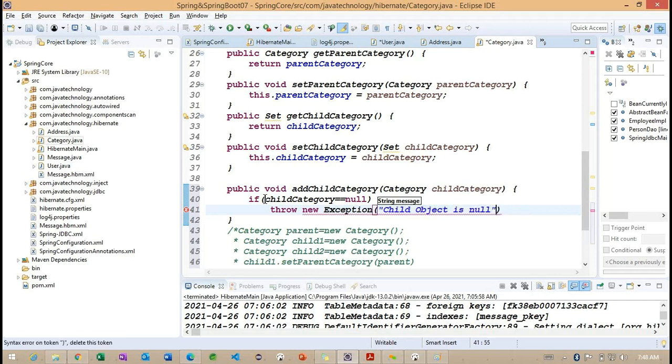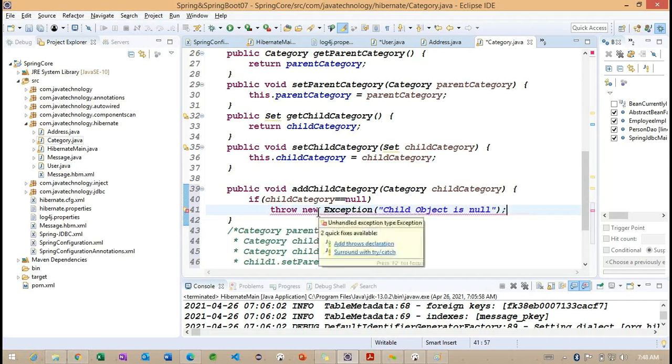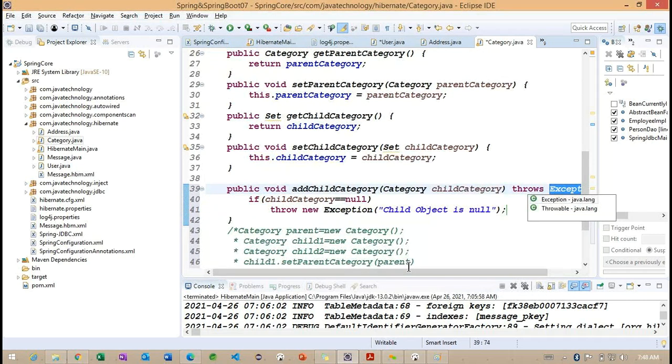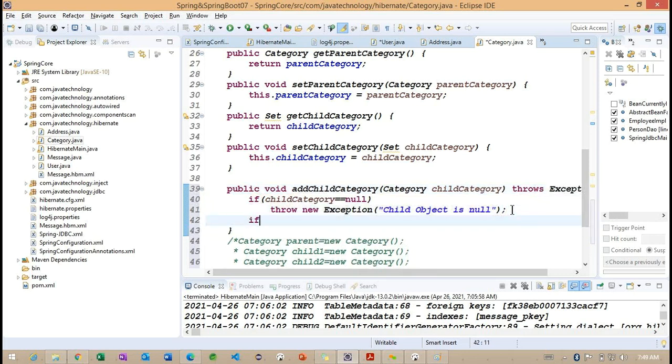Just for understanding, I'm specifying this particular exception here, to handle this case. Close the declaration. Okay, so I'm throwing this exception when we specify this child category as null. If it is not null, what we need to do, again I need to check one more condition.